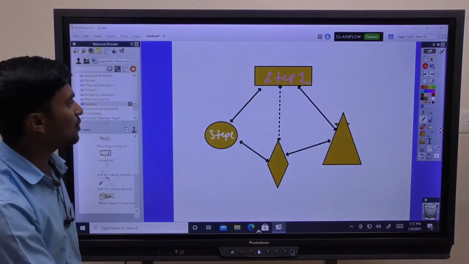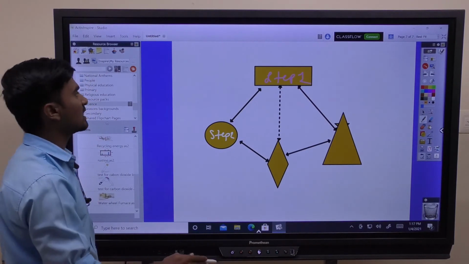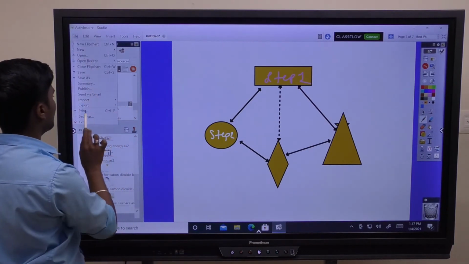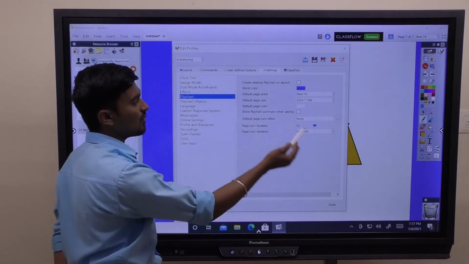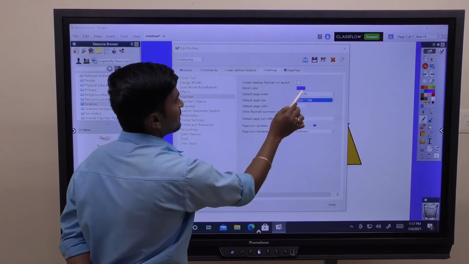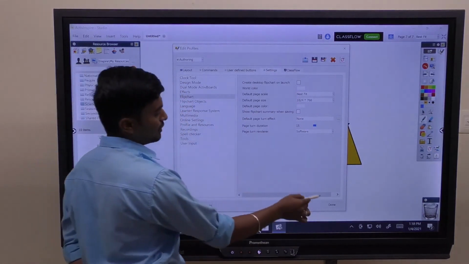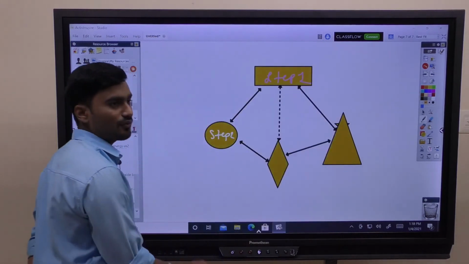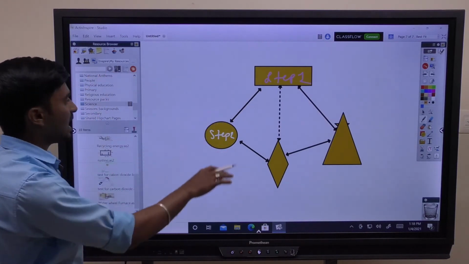Even if you don't want this square type board and need to utilize the full screen, then we have that option also. In the settings, we can change our layouts however we want, best fit, like that. Like this, the full board can be used. Like this we can do multiple things, and we have the rights to change all the layers of Active Inspire.